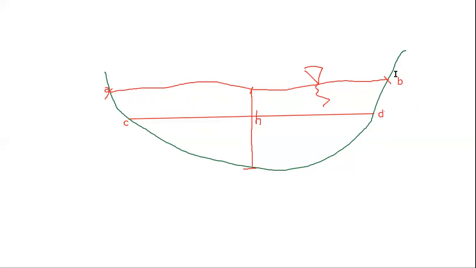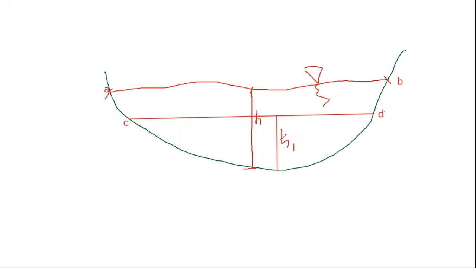Water level has been changed from AB to the CD. Now, when that water level changes from AB to CD, we will have the next height or next vertical, we can say. Next height means the next stage or another stage, we can say. Okay, so this stage we will consider as H1 now.